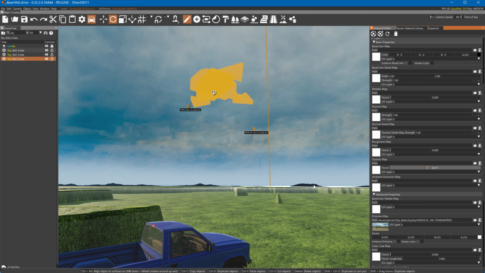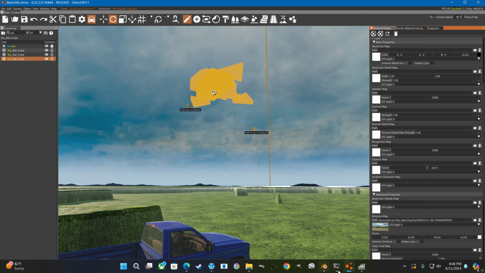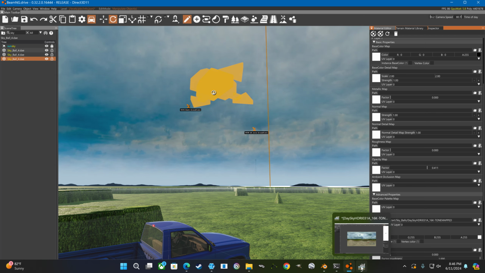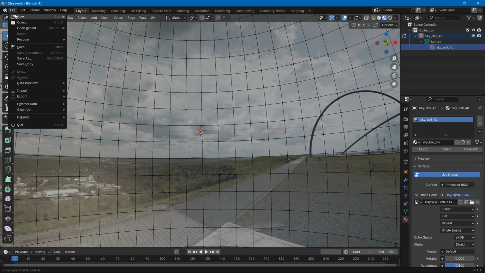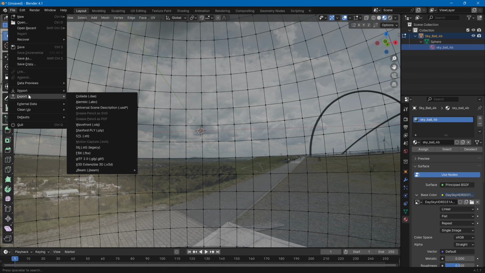If you really want to make it unique, then make another sky ball with a different texture but the same material. So we'll rename this to SkyBall 5 or 4B, 4B probably, and make the texture 4B. That way we can make a different movement out of it. Similar but a little different. So we'll export it as